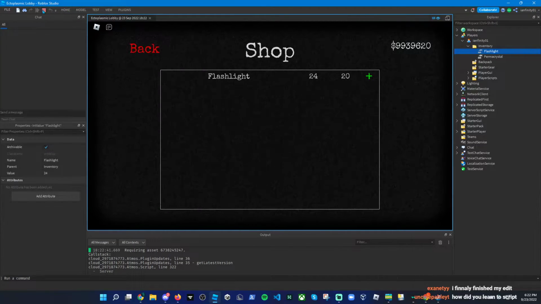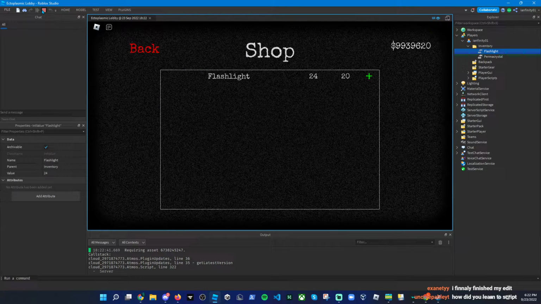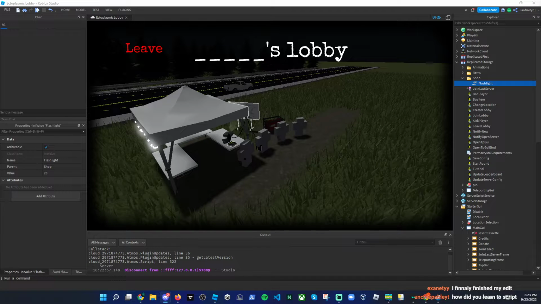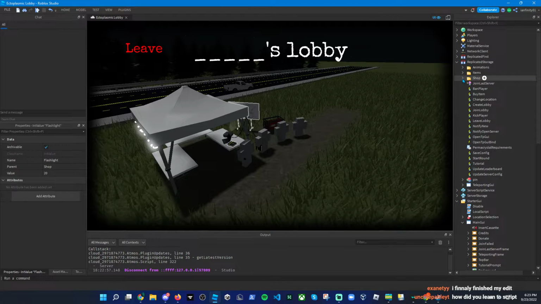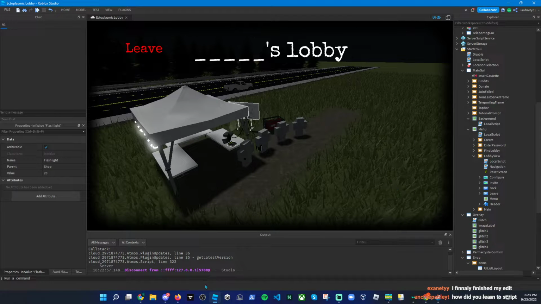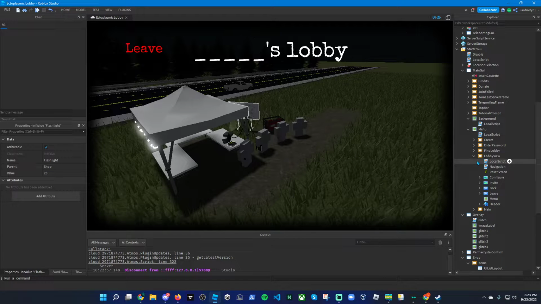How do you learn to script? I actually taught myself using YouTube videos. I never took an official class. To be fair though, I had already learned a bunch of Scratch and some Python. If you haven't coded before, and you want to learn how to code in Roblox, I do suggest using Scratch. It's a bit kiddish, but it's a great way to get into coding. Python's also good, although honestly, Roblox is a bit simpler than Python, if you ask me. In some ways it's a bit worse, but